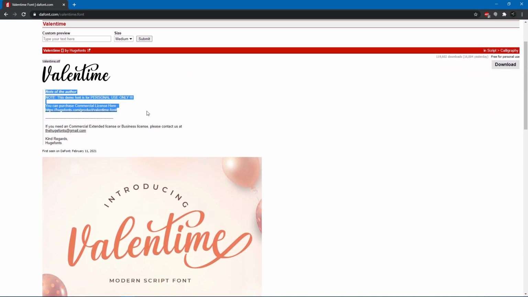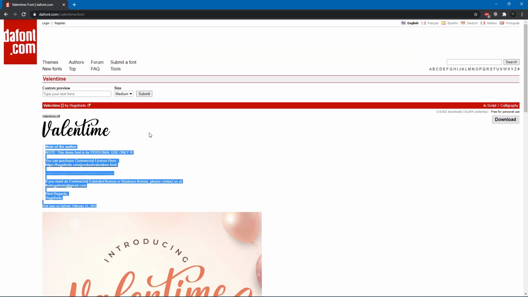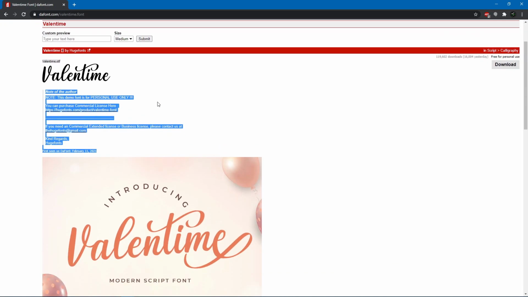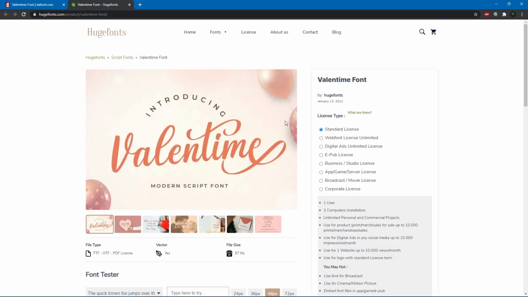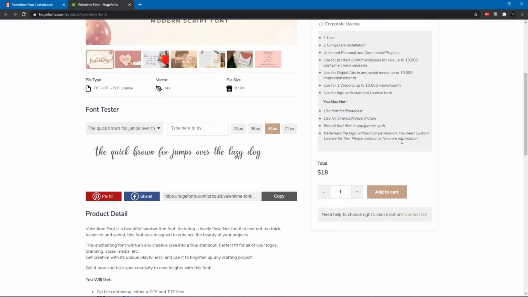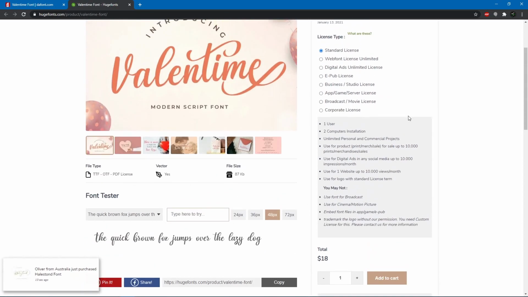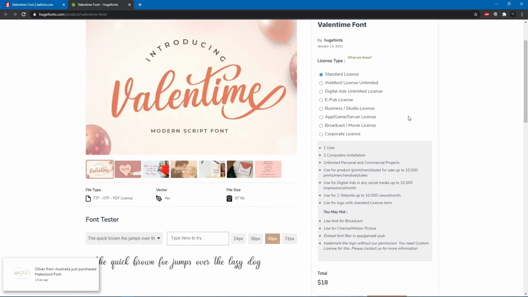There's always going to be a note from the author that will tell you the licensing. So for this one, this demo font is for personal use only. You can purchase a commercial license here, and then they also have commercial extended business, and you can look into all that. If you were to click on here, this is going to open another site where you can then purchase, in this instance for $18, you can purchase this font, which will allow you to use it for more